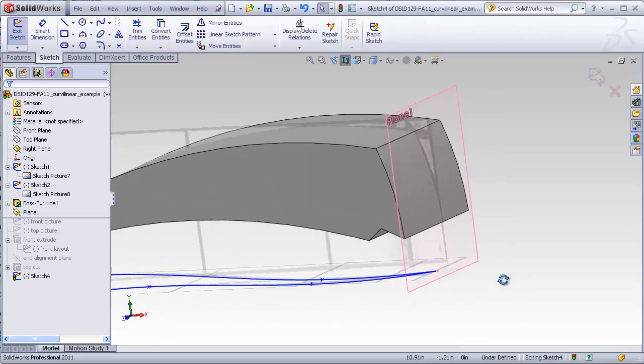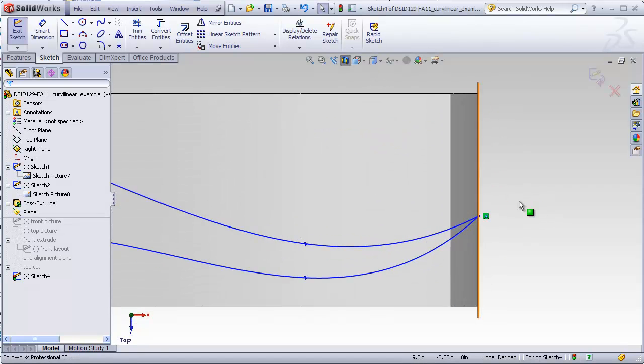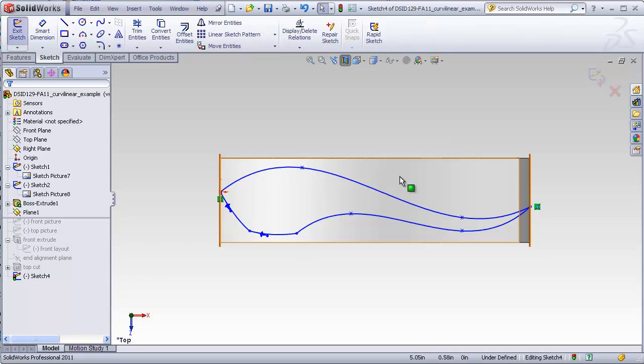But some people find that a little confusing at first, just because of the fact that this line or edge is well above this point in three-dimensional space. But when we look at them from a top view, we see that they are actually lined up with each other. So this is the last sketch,